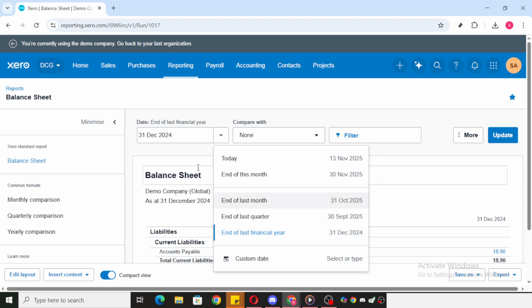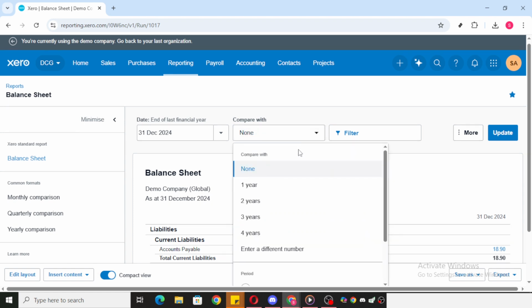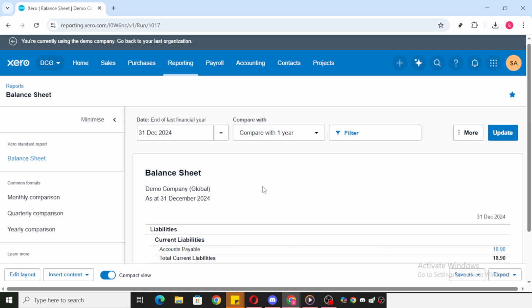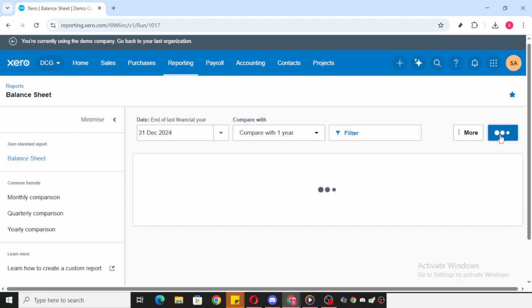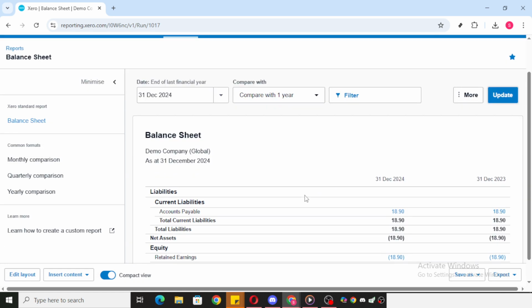Xero also allows you to compare your current financial data with previous periods. You'll find an option to select where you want to compare this data. This is incredibly beneficial for tracking your business's growth or identifying any recurring financial patterns. Once you've set your date and comparison preferences, simply click on the Update button. This will refresh the report to reflect your selected parameters, giving you an accurate snapshot of your financials based on the options you chose. Once you're happy with the report,